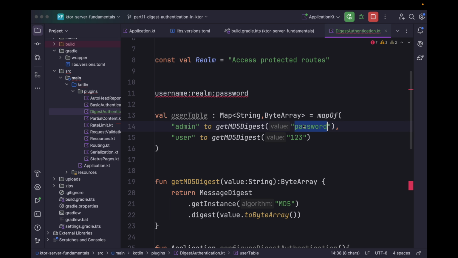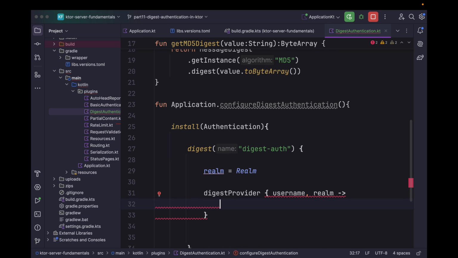Over here, we can simply say the username is admin, so it will be admin colon, then the realm followed by colon and the password. So this is the password, this is the username, and all these three combined will create a hash that will be stored in the database. Similarly here as well, we can have user, then realm and colon password.